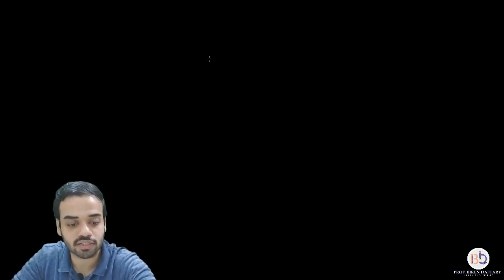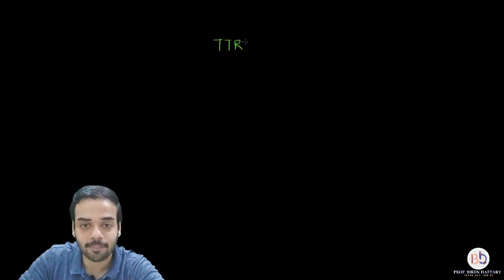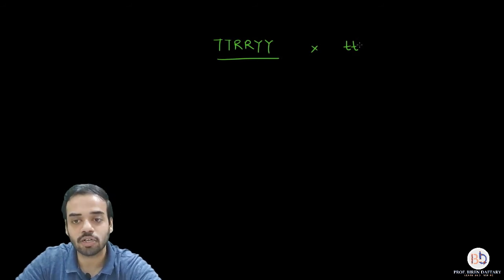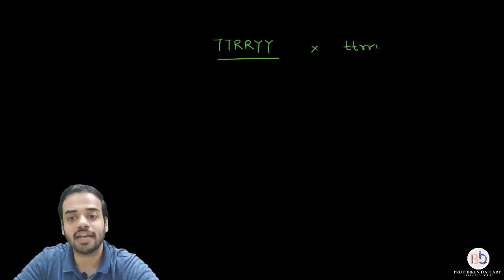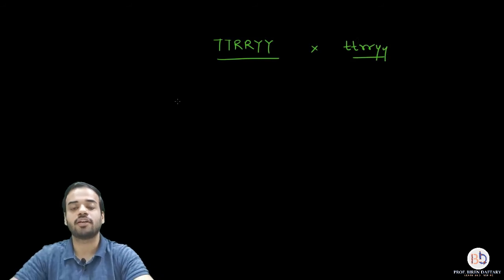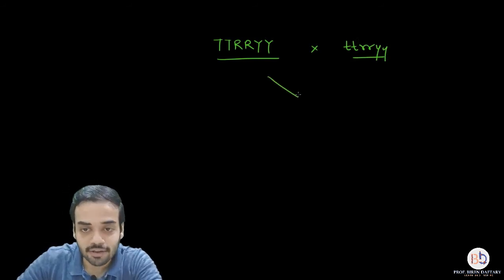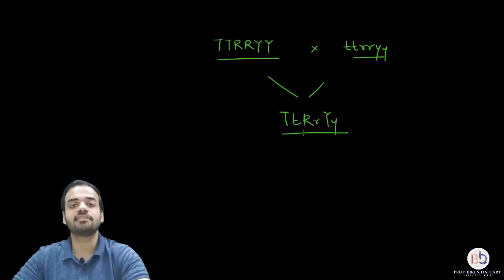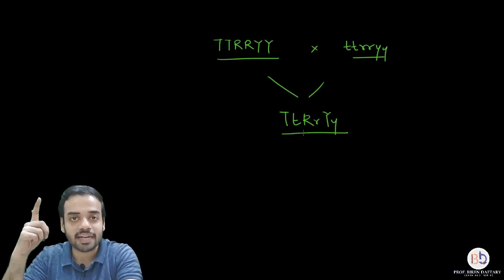Suppose if I show you a tri-hybrid cross, so let me scroll down. Suppose if I show you the cross between a tall, round and a yellow plant, so that cross again with respect to Mendel will be what? Capital T, capital T, capital R, capital R, capital Y, capital Y. This is the dominant parent crossed with dwarf, small t, wrinkled, small r, and green parent, small y. Now, when you get the F1 hybrid, you will get the hybrid like this: capital T, capital R, capital Y, small y. This is again a tall, round and yellow plant.